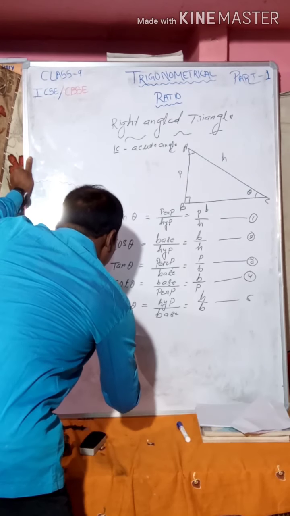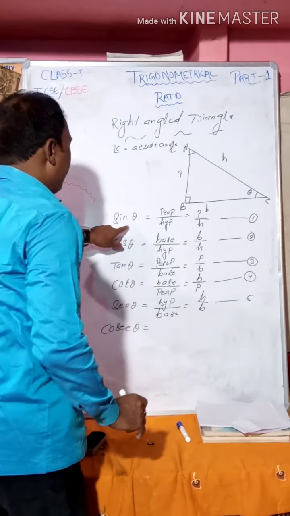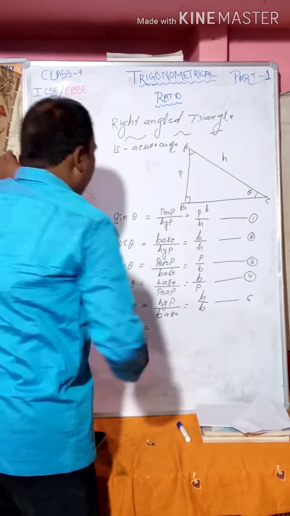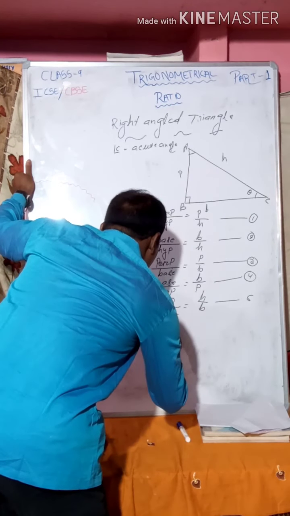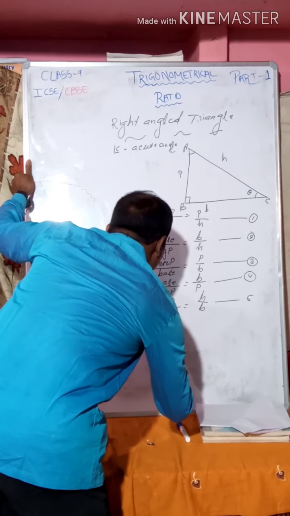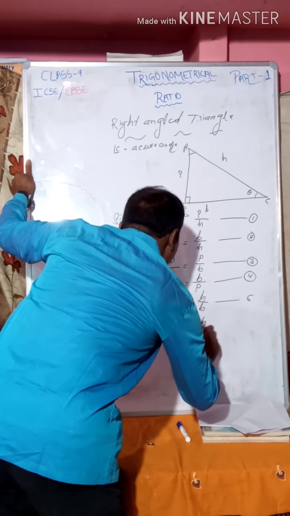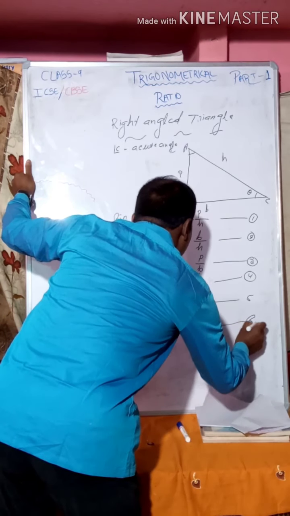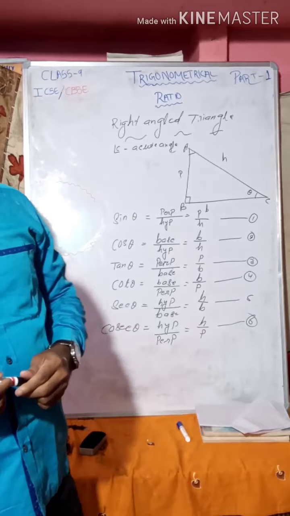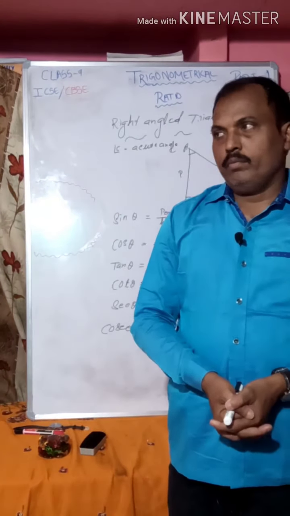And cosec theta is the reverse of sin theta, hypotenuse upon perpendicular, that is equal to H upon P. These are the 6 trigonometrical ratios